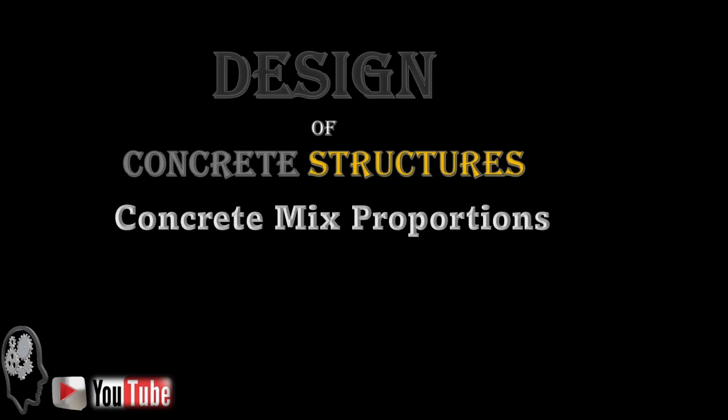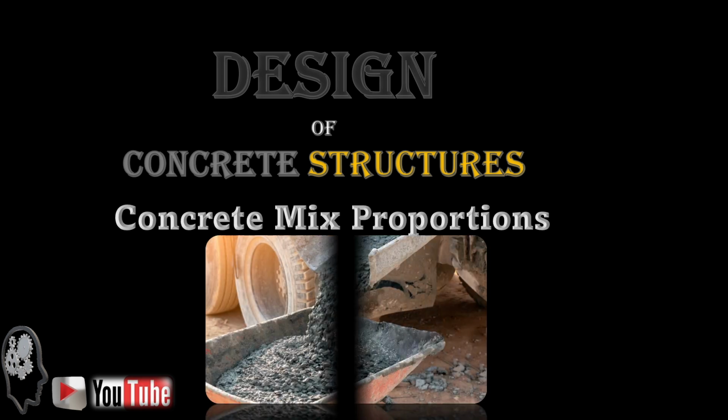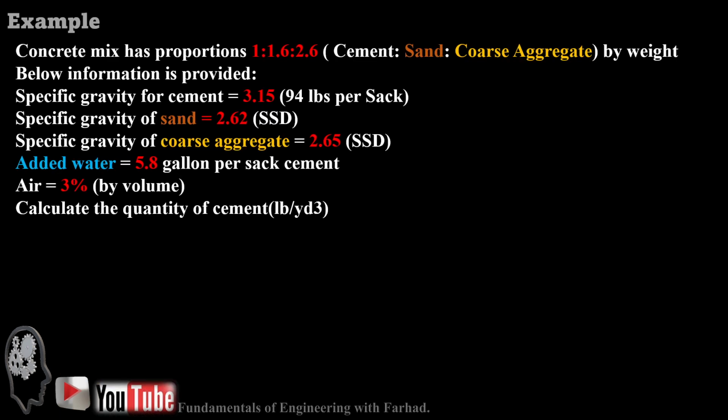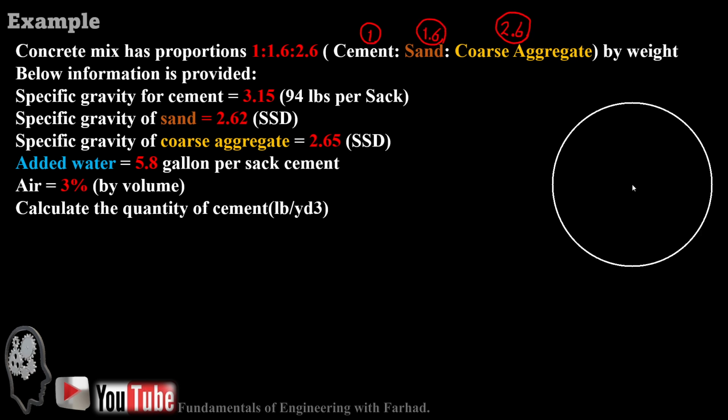Design of concrete structures, concrete mixture proportions. In this example, we have a concrete mix and we want to know the proportion of the materials in the concrete mix. In our concrete mix, we have the proportion of 1 to 1.6 to 2.6 for cement, sand, and coarse aggregate. So if the cement is 1, the sand is 1.6, and the coarse aggregate is